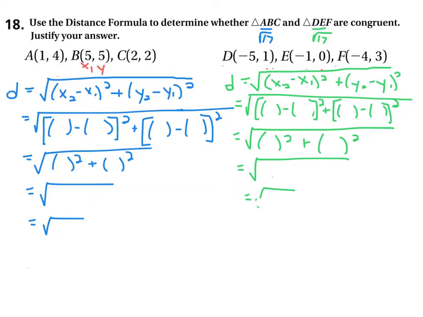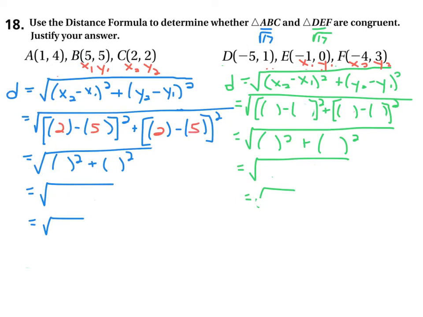So for those points, I'm going to label in red again x1, y1, x2, y2, and I'm going to do it over here for the EF points, x1, y1, x2, y2. I'm sorry that this is sloppy. Not really sure what to do about it. Now we're going to fill in x2 is 2, x1 is 5, y2 is 2, y1 is 5,